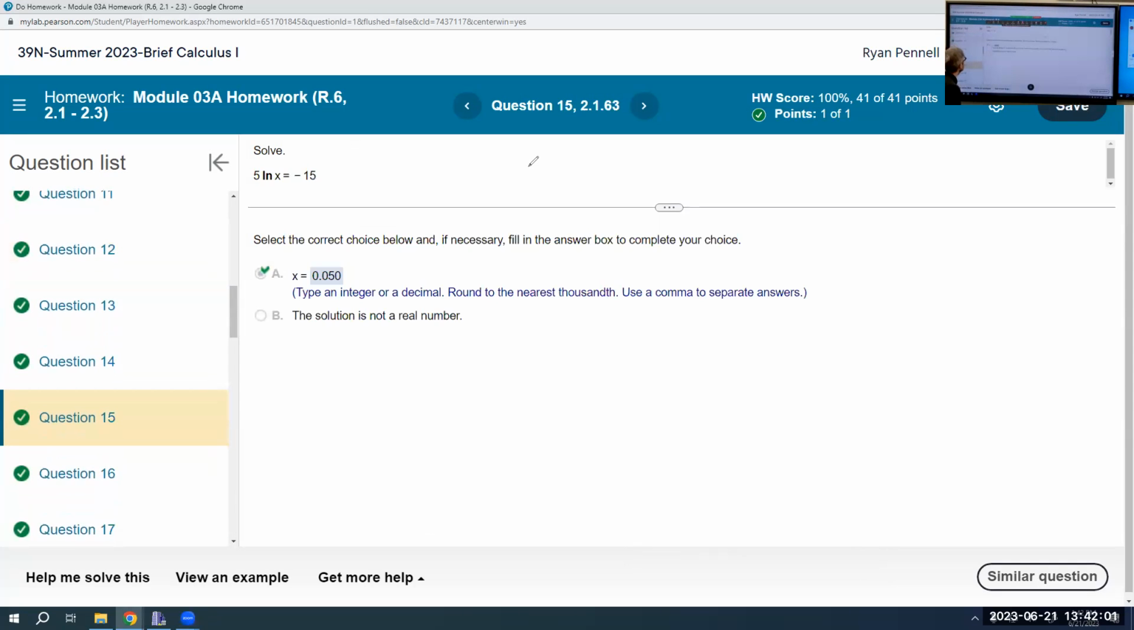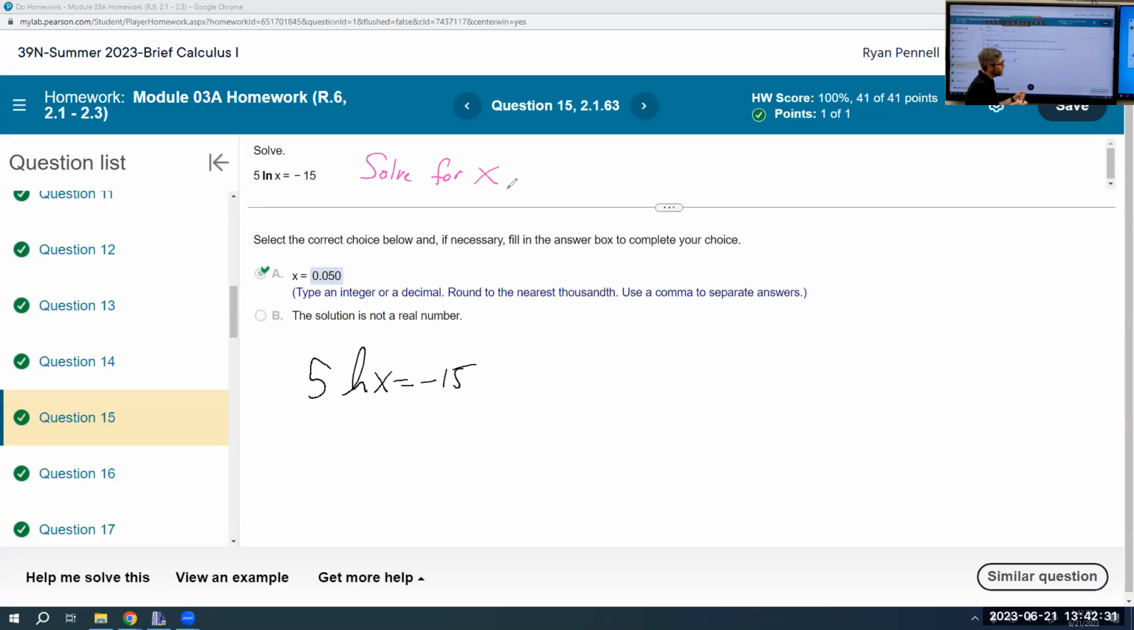Let's go to 15. We want to solve for x. Solve for x, okay? Easier said than done. We have 5 ln x equals negative 15. So what do we do? Okay, well,